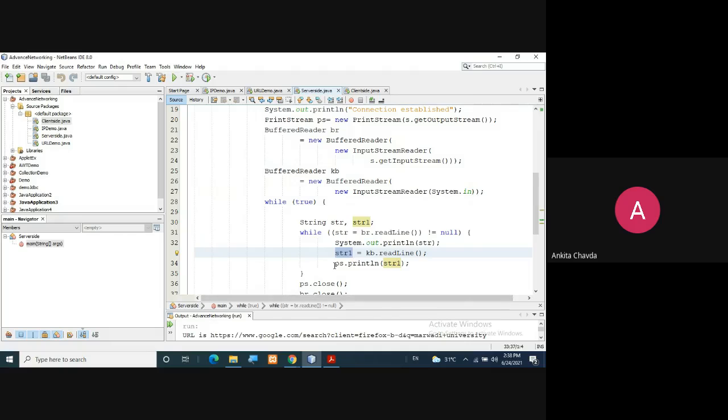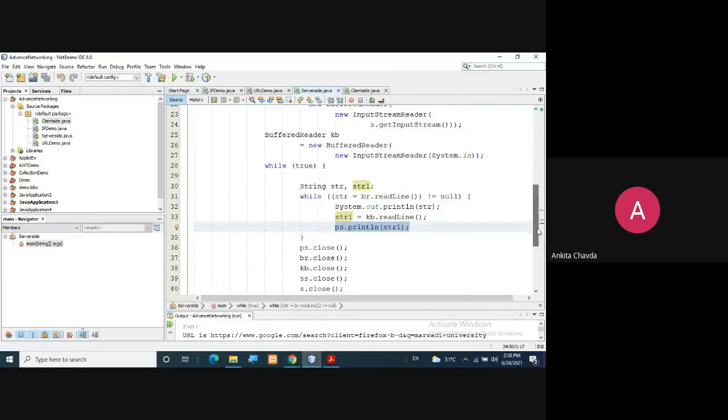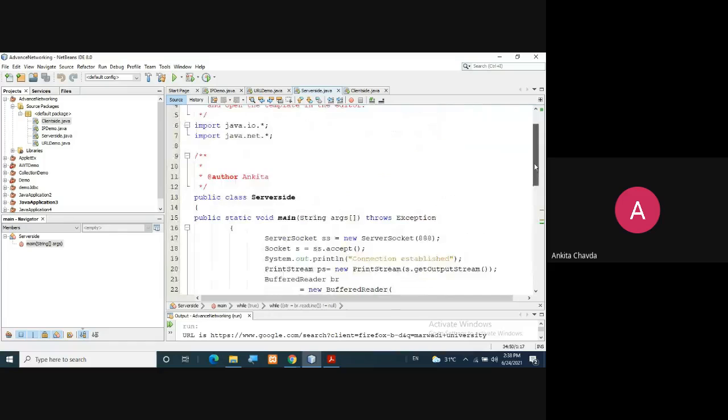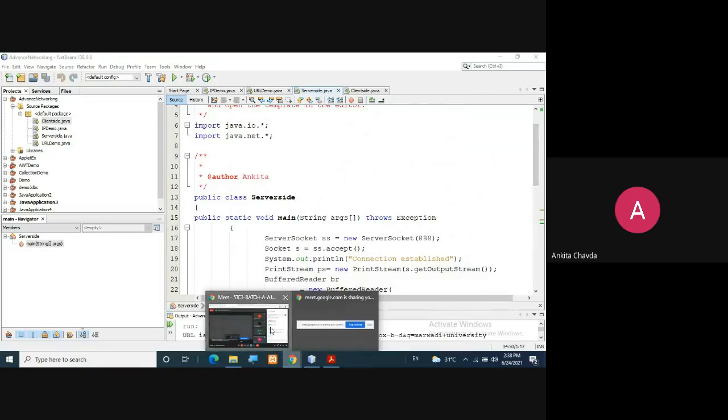How can I do that? I write it into my output stream via the object ps: ps.println(str1), whatever the user has given, you send to the client. Then we are simply closing the connections. I hope the server side is clear.